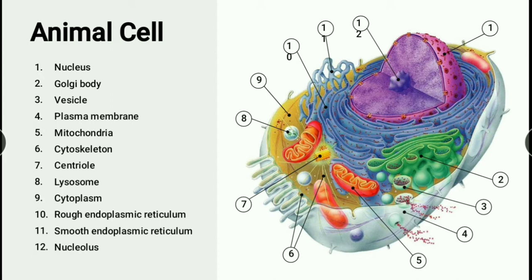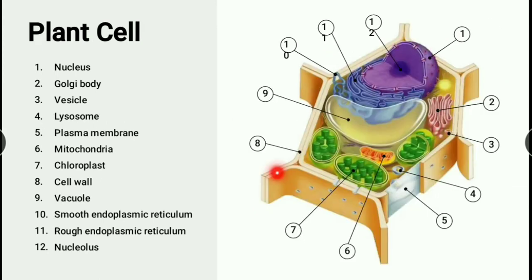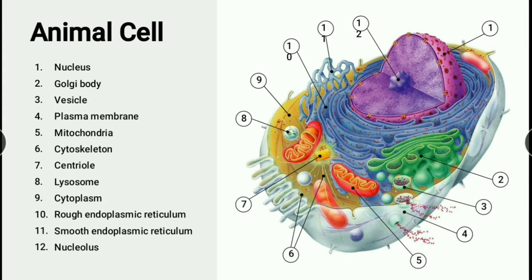So today we are also going to learn about the difference between animal cell and plant cell. When you learn the difference, you will come to know the real meaning and understanding of animal and plant cells. So the first difference is, the animal cell is surrounded by the plasma membrane or cell membrane, whereas a plant cell is covered by a cell wall. Under the cell wall you can see the cell membrane or plasma membrane. So this is the first difference.